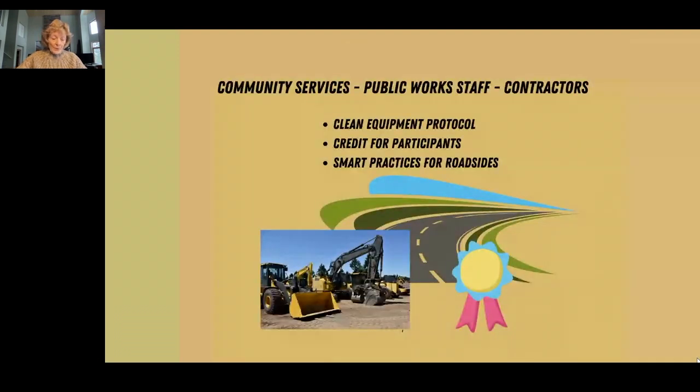The workshop that we gave for roadside control, we invited community services, public works staff, contractors, and neighbors from around the Lambton Shores area and beyond. In fact, we had a representative there from Hydro-Quebec. We had the Ontario Invasive Plant Council launch their clean equipment protocol at this meeting, and we were able to